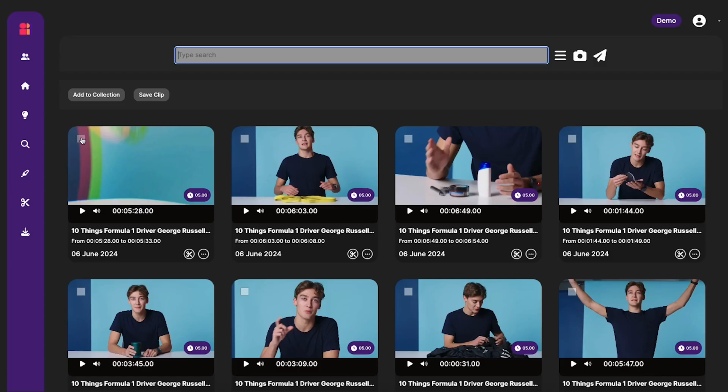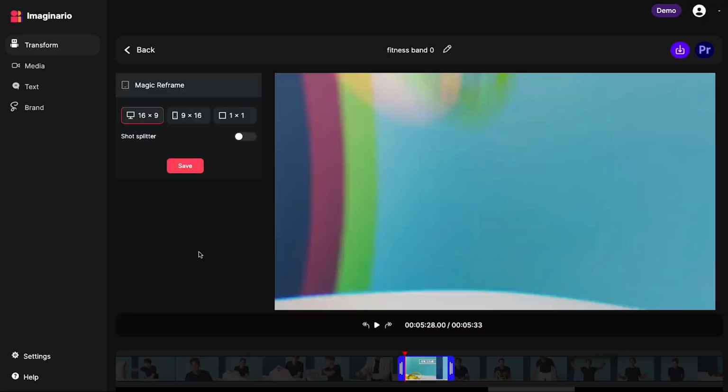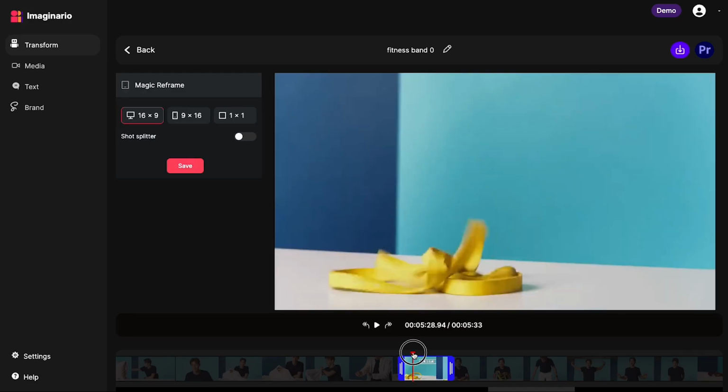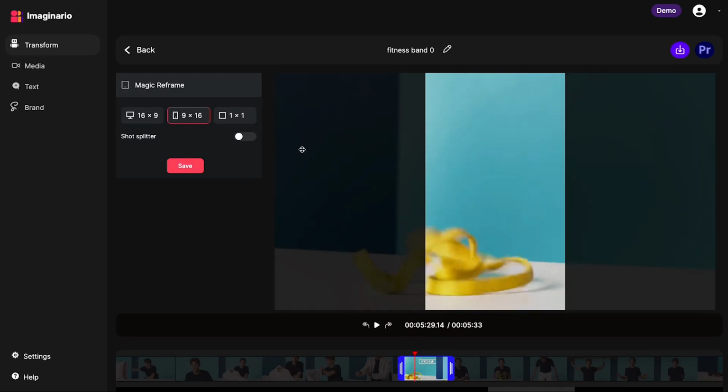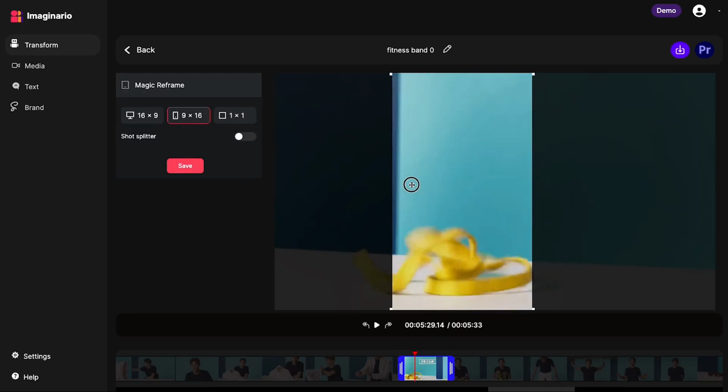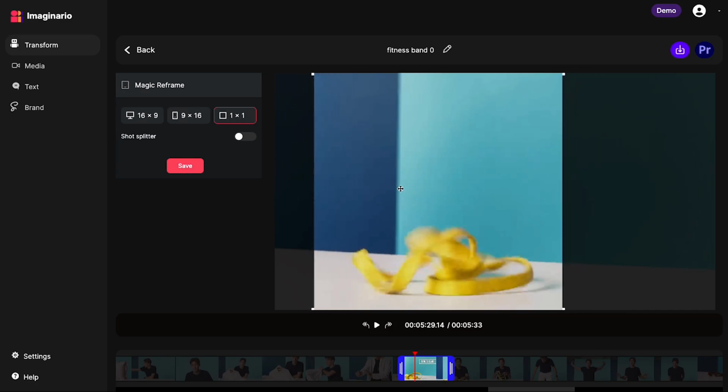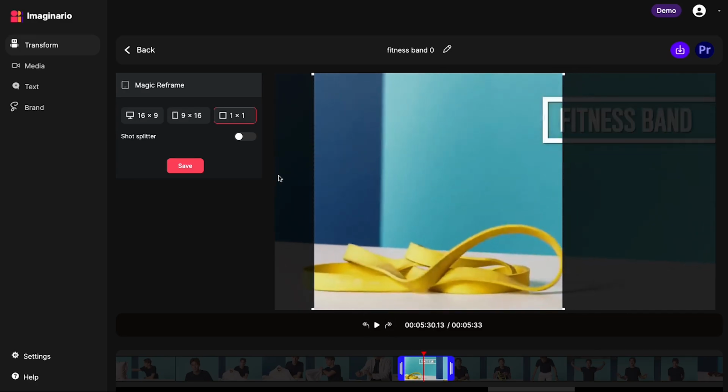And of course, from any of these results screens, you can add a clip to a collection, you can save it, or you can dive straight into Clip Studio where you can adjust the length, you can adjust the aspect ratio, put it into portrait, put it into 1:1, reframe it, make a nice little looping clip for TikTok. And then, of course, you can export the clip directly to your machine or Premiere Export if you want to continue editing further. So I hope this has been a useful introduction to how to search for objects within Imaginario